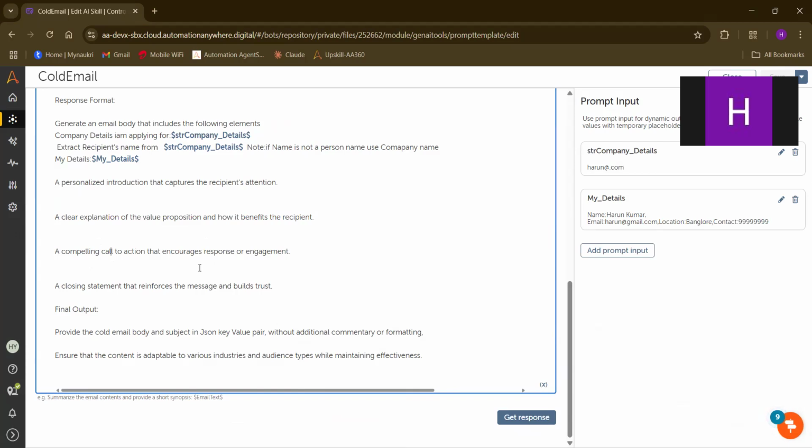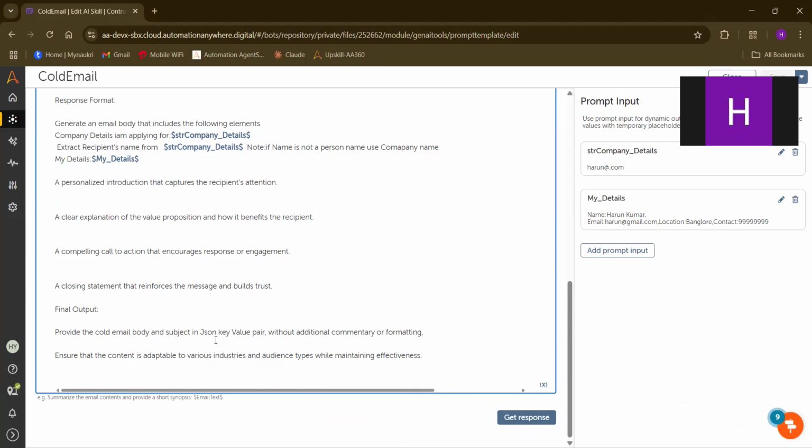A compelling call to action that encourages response or engagement. A closing statement. Next, the final output. In what type do we need it? Provide the cold email body and subject in JSON key-value pairs, so it will help us easily provide the feed to other systems.